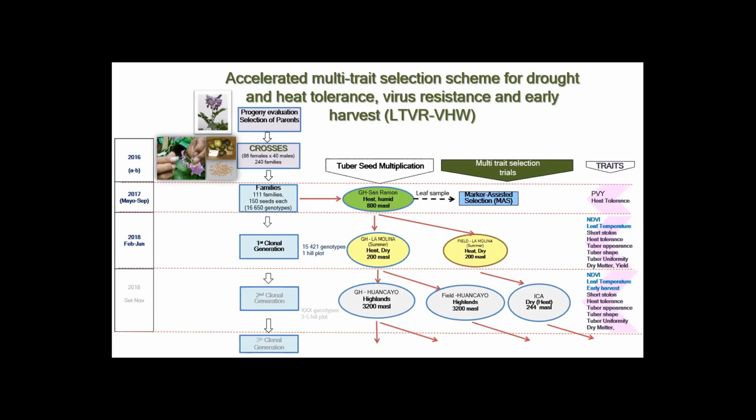So the idea is to work together with marker assisted selection, using all these technological tools in order to make decisions in real time, spend less time, and support the accelerated breeding program in the case of the potato. So I hope this part is clear, and the idea is to show you how all these tools support